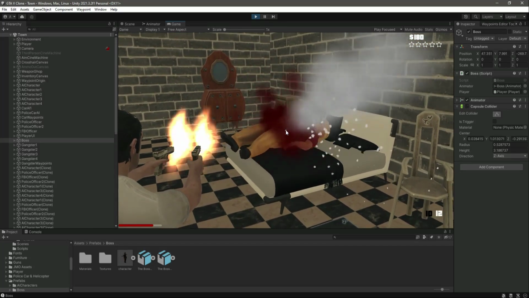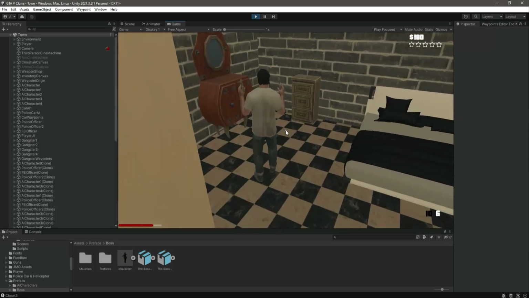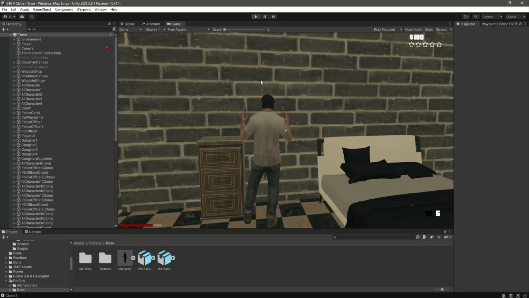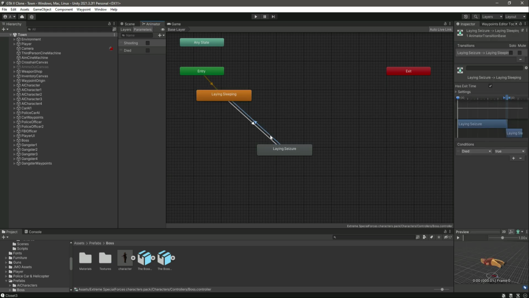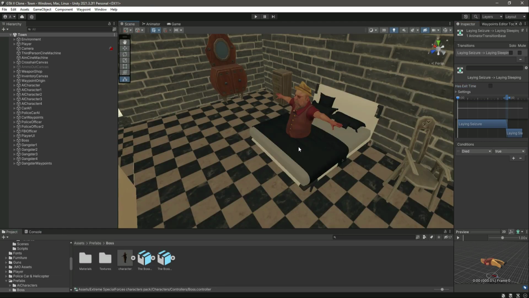As you can see, it is playing the animation really perfectly, and now as you can see, the boss dies after 4 seconds. If you click on this animator and right here remove this has exit time from this line seizure, okay, that will be it. So we have added the boss now as well,